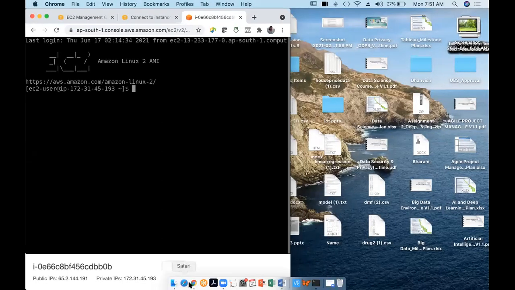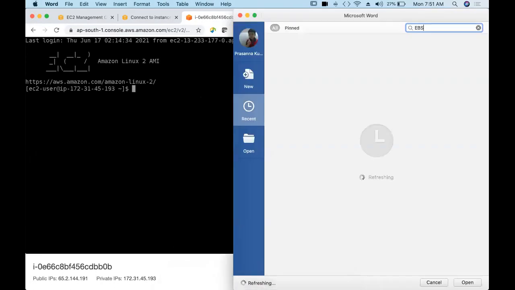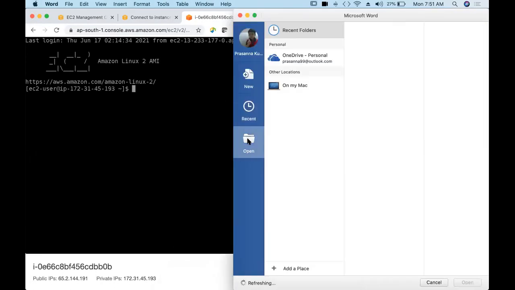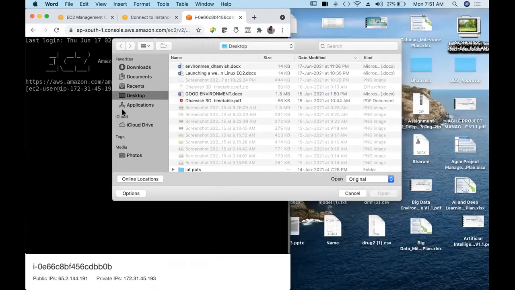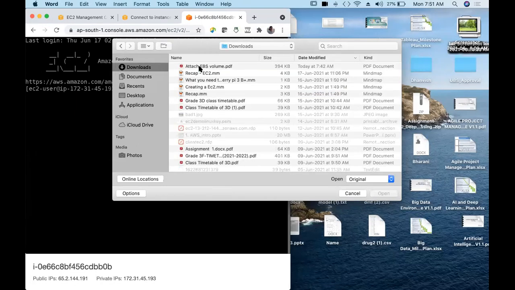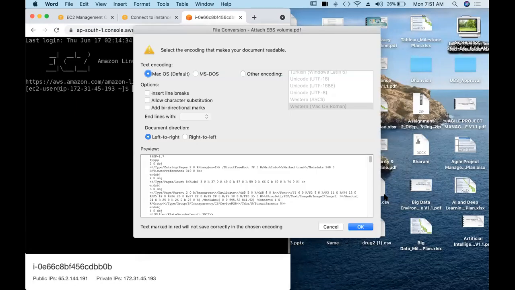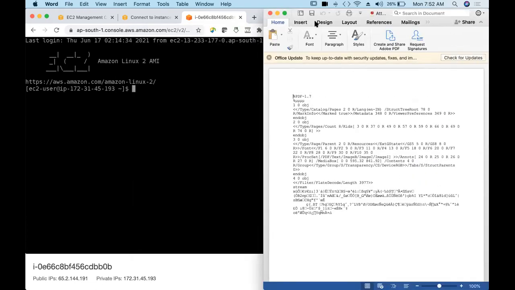Open this Word document also. Okay, choose an encoding. So this is not, it's a PDF, right?